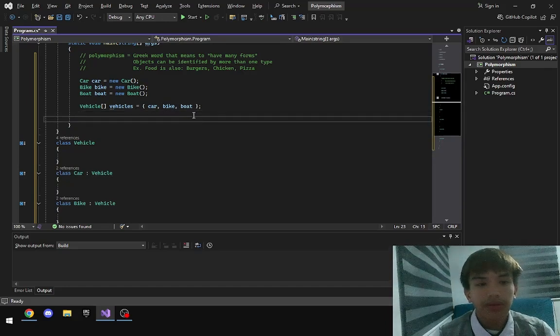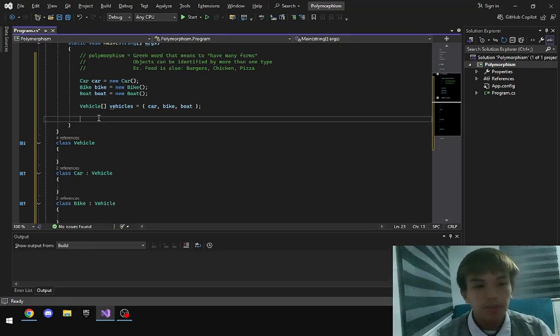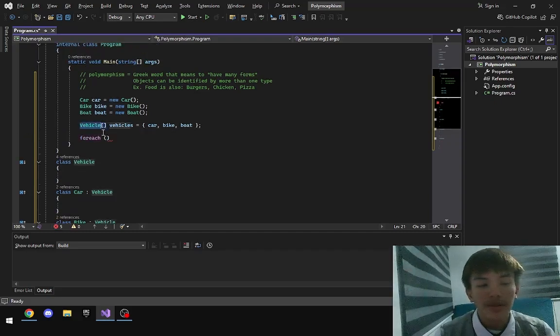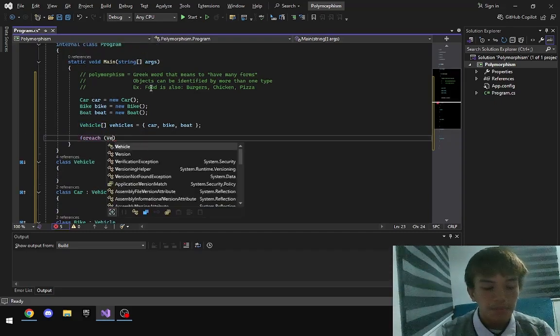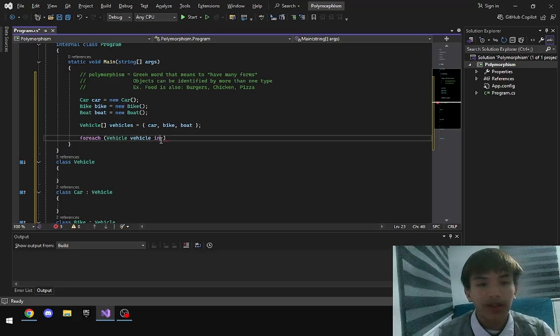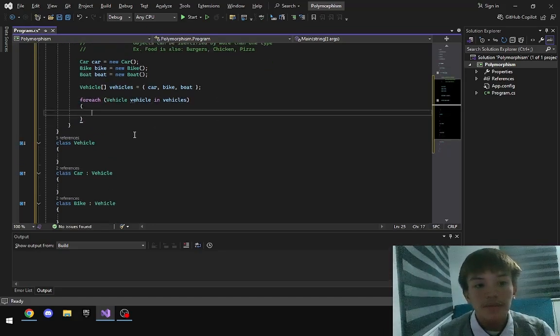So I want to call each one of these for our race later. And for that, we're gonna be using a for each loop. We're gonna be typing our data type, which is vehicle, and then what we want to call these. So vehicle in the name of our array. So vehicles. And inside of this,